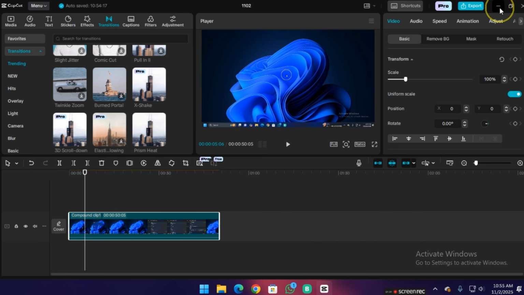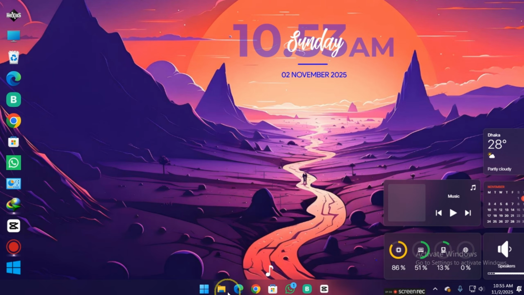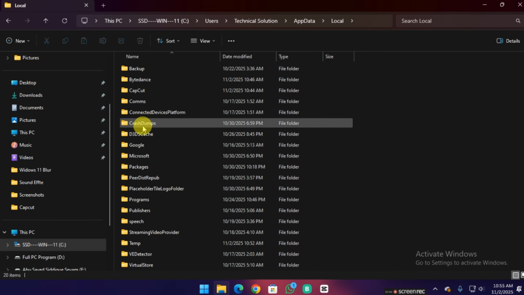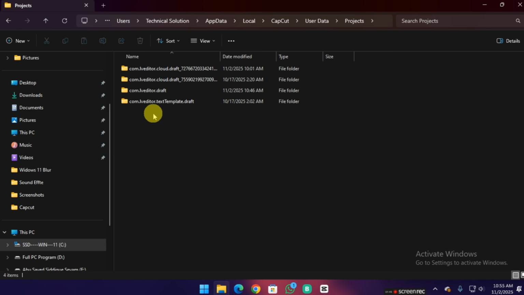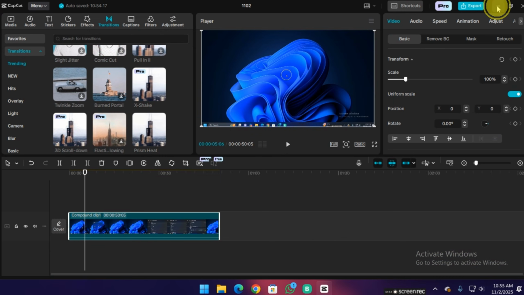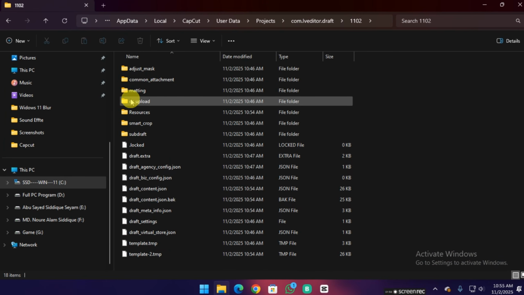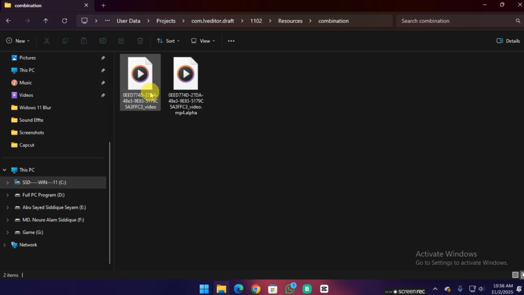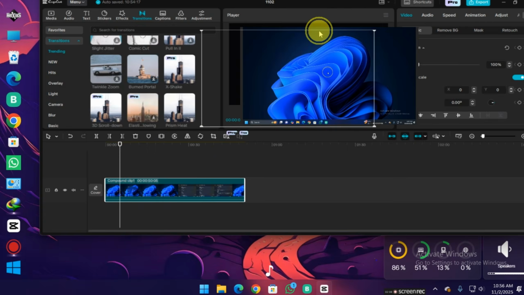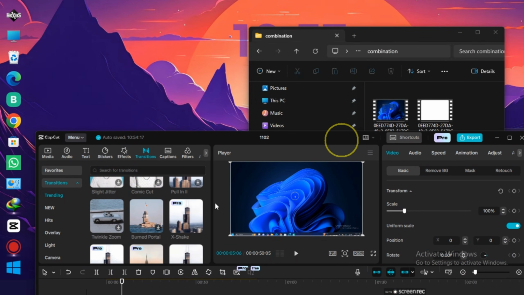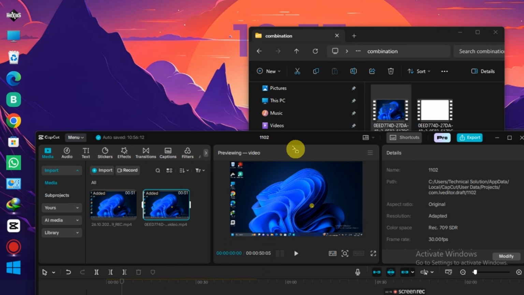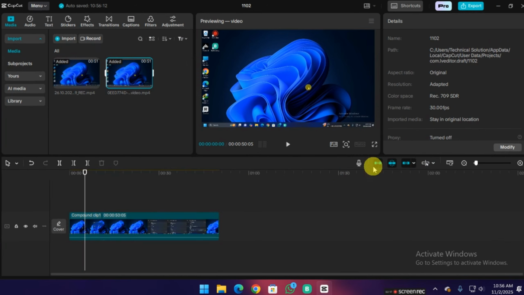So I went back and opened File Explorer to show how to copy from the combination folder. Don't skip this part, I'll show an important setting at the end. Now see, the combination is complete and we can copy the exported file.